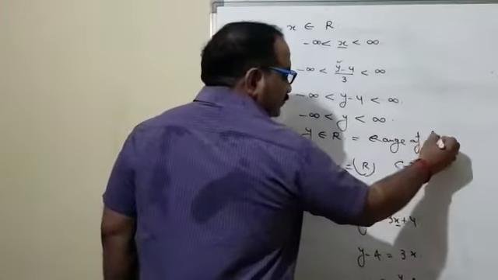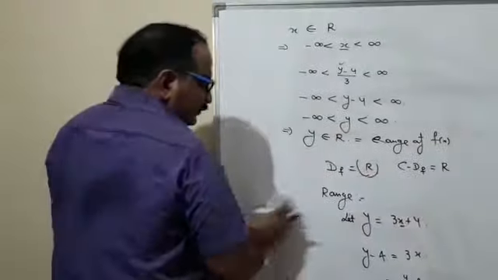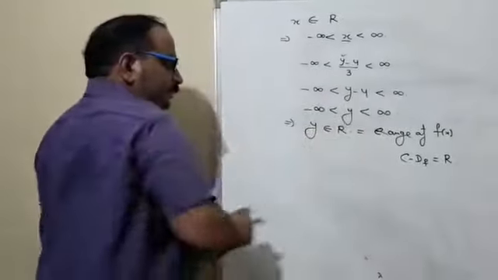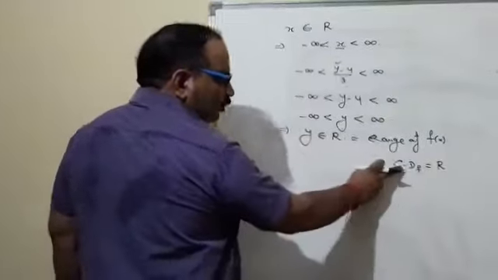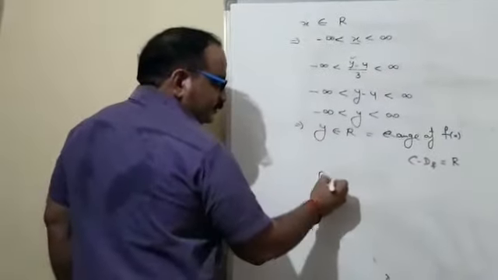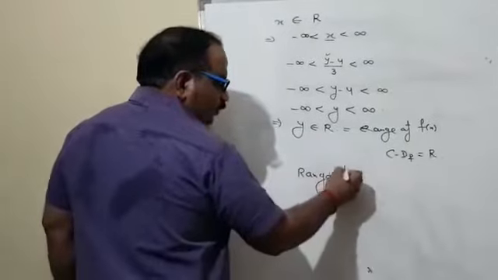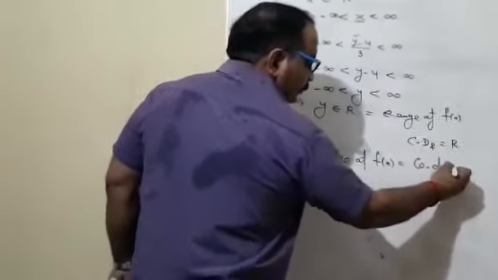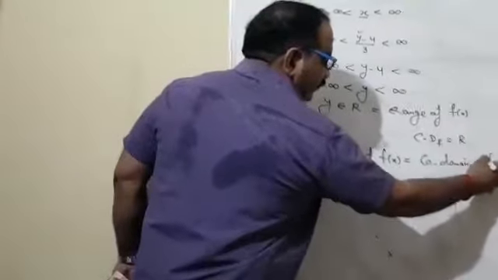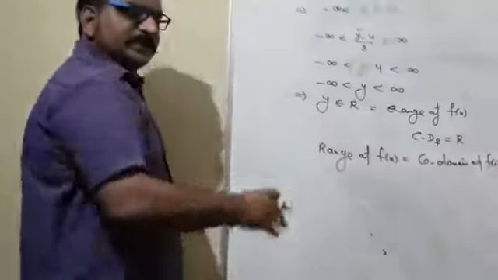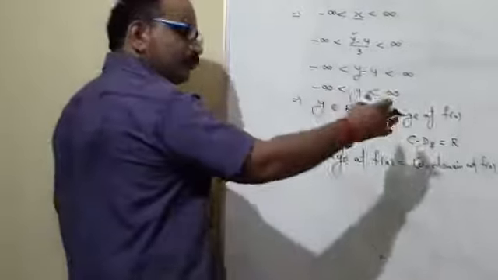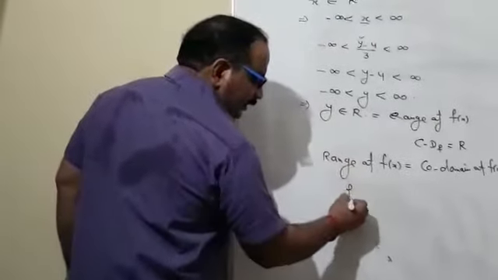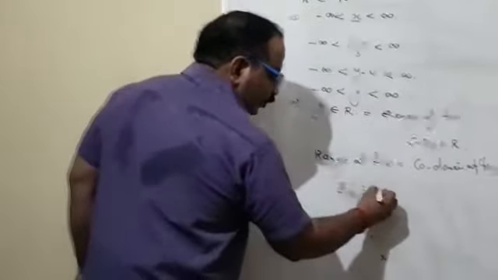of f(x). So guys, we now have the range of the function is R, the codomain of the function is R. I can state that the range of f(x) equals the codomain of f(x). If it happens, then obviously it is proved that every element of the codomain is associated with an element of the domain. On the basis of that, I can declare f(x) is onto.